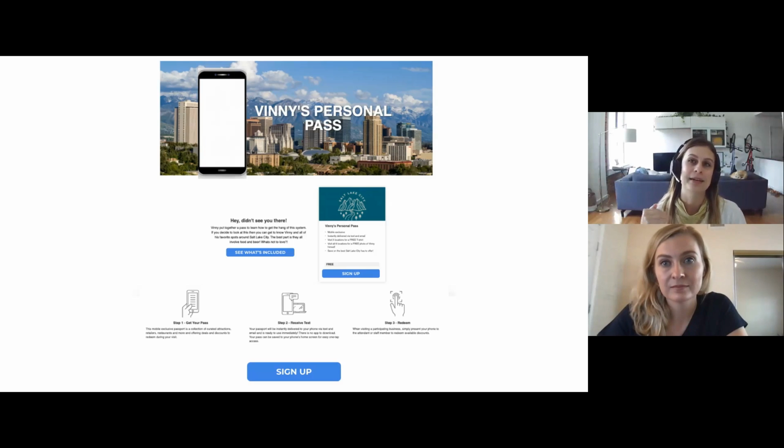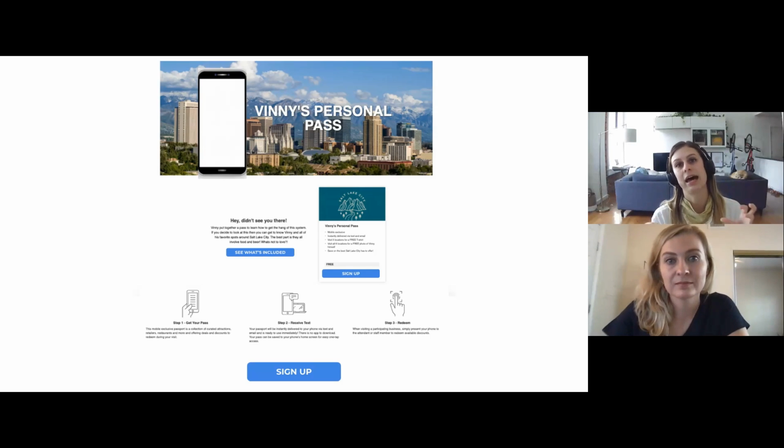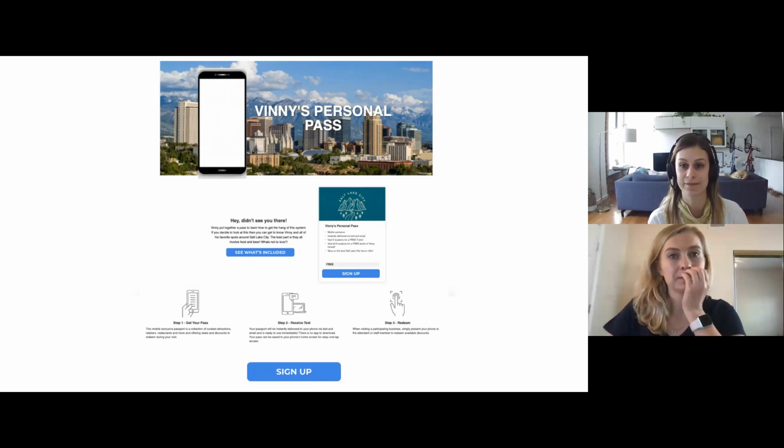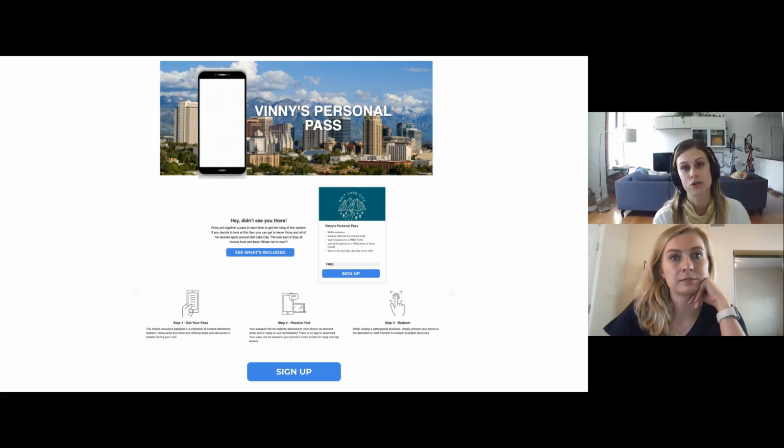And when they click that button, that performs another action for them. So what you see here with the "see what's included," we like to anchor link that verbiage because it drops them down to those venue lists, which is kind of a less obstructive way to see that information. We want the clickable thing on this page to really be that sign up button